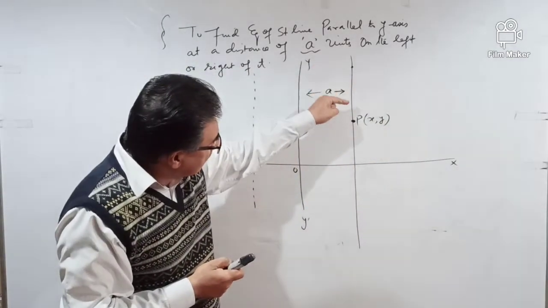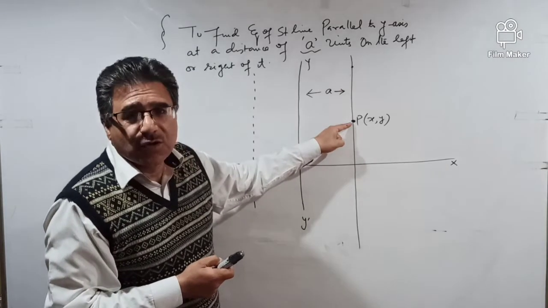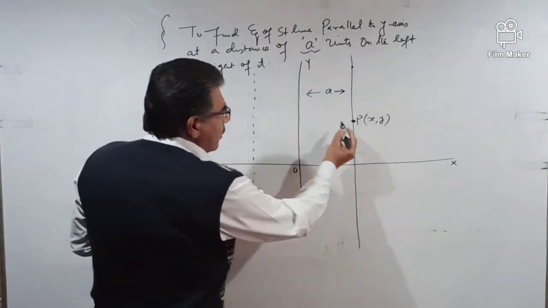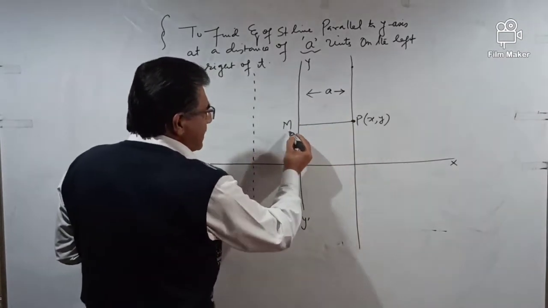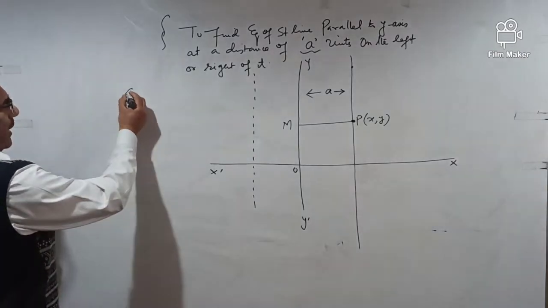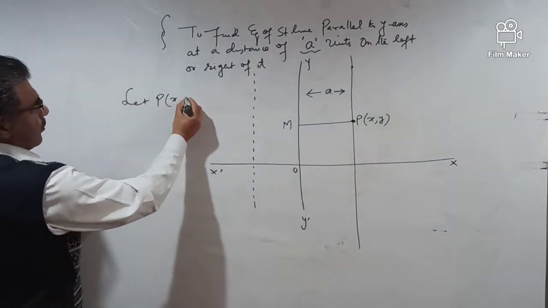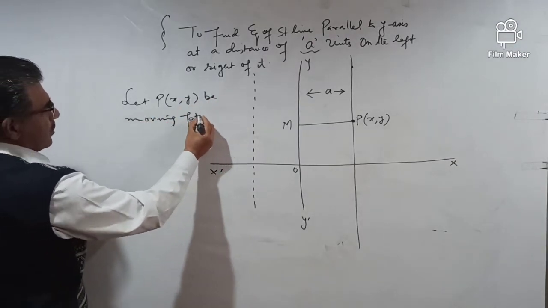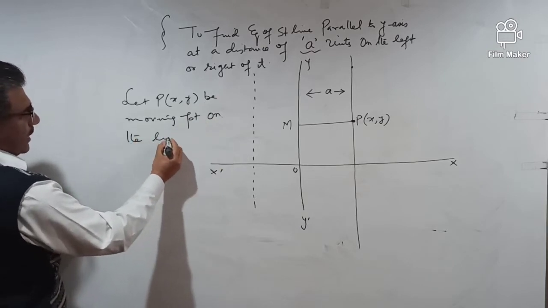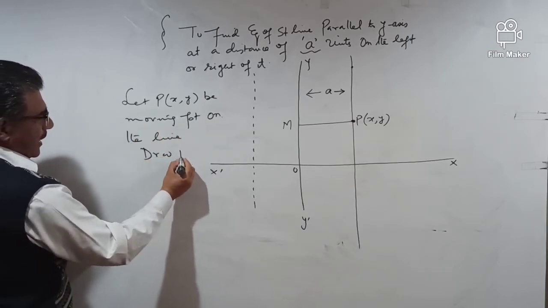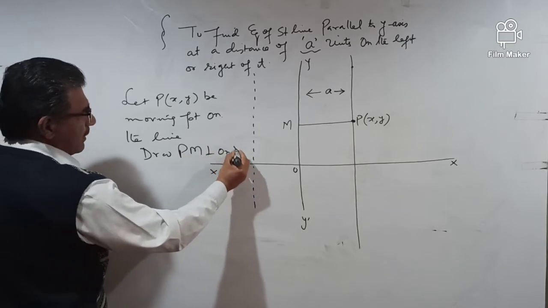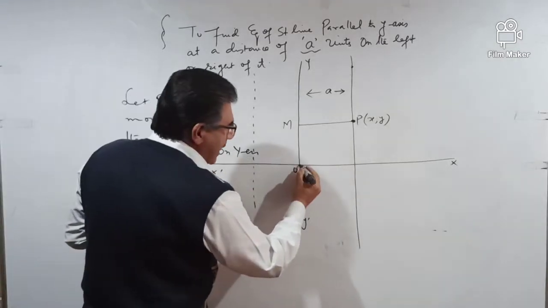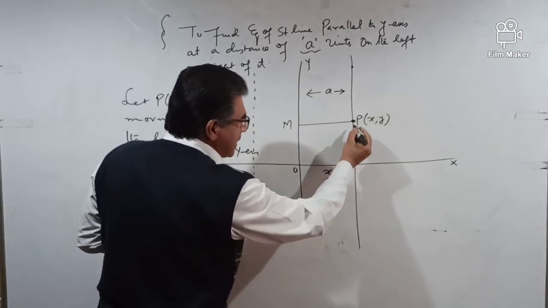अब जो ये मूव कर रहा है पॉइंट, उस पॉइंट के जो कोऑर्डिनेट्स हैं उसको मैंने कहा दैट कोऑर्डिनेट्स ऑफ दैट पॉइंट आर x एंड y. So what I will do, I will draw a perpendicular PM on the y-axis, right? So let P(x, y) be the moving point on the line, draw PM perpendicular on the y-axis. Therefore PM जो है, देखिए, यहां से यहां तक हम चले हैं x और यहां से यहां तक हम गए हैं y.